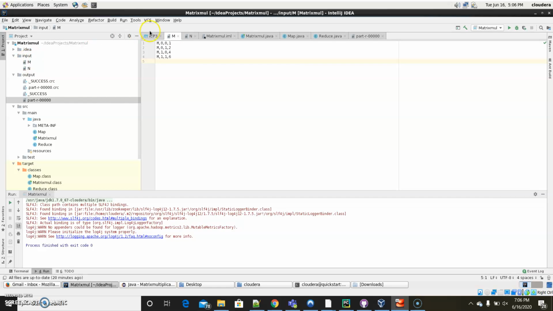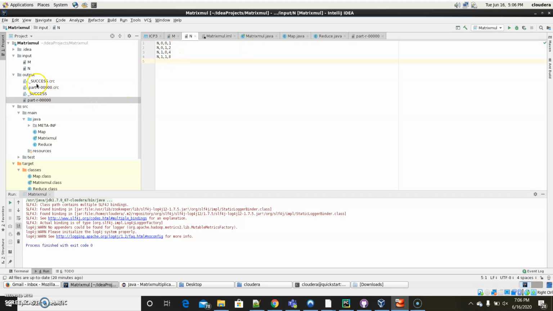Now, firstly I have created an input. In input I have created two files. In the first file, my matrix is named m. These are positions 0 0, 0 1, 1 0, 1 1, and the elements are 1 2 4 6. Same as the n matrix in the n file, matrix named n, positions 0 0, 0 1, 1 0, 1 1, and the elements 1 2 4 8.